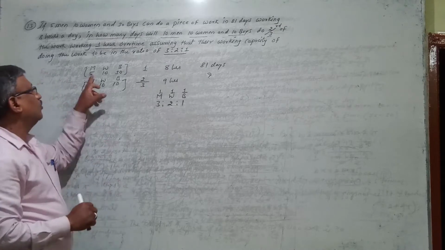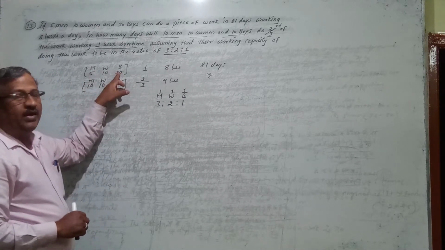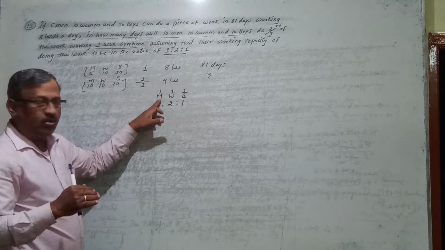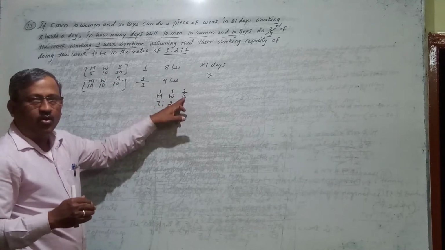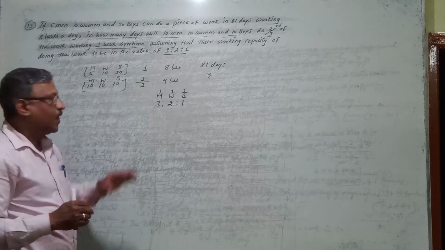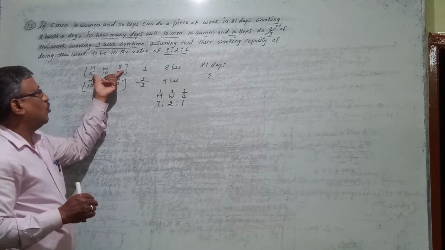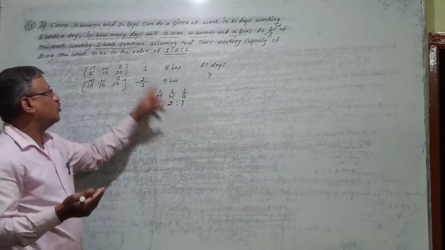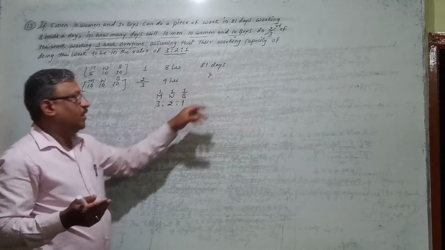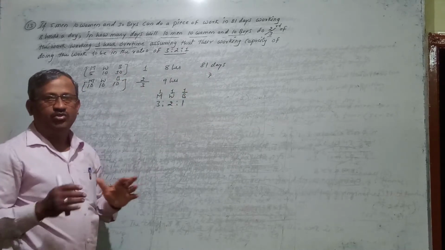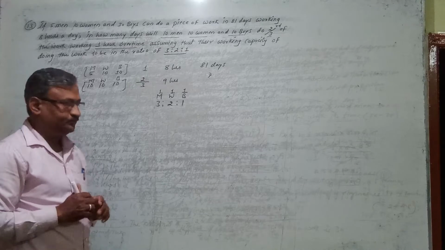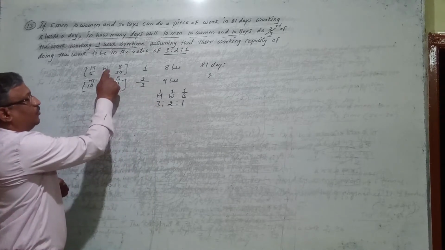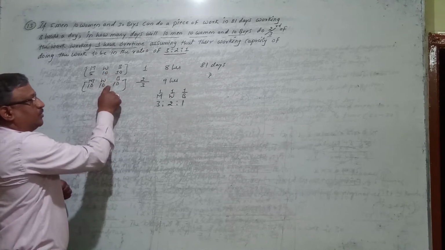So for that, what you have to do is find out the capacity of this whole group either in the form of men or in the form of women or in the form of boys. If you know the capacity of this whole group in the form of men or women or boys, comparison becomes very easy. But directly, comparison is not possible. So first you have to find out the capacity of both the groups.